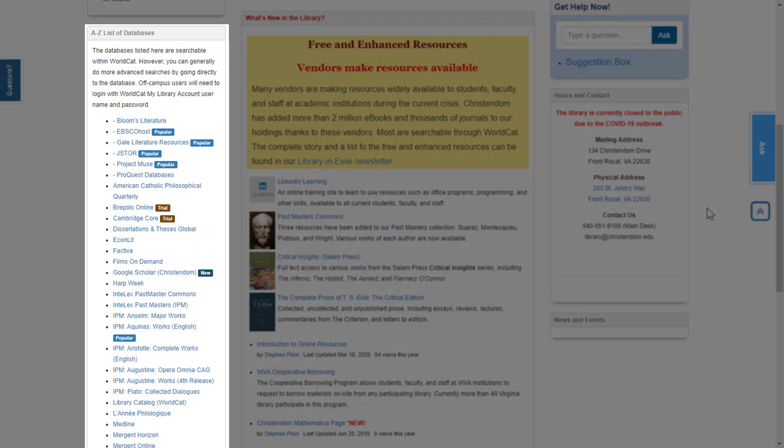Today we are going to look at 4 databases in particular, and then a little quick introduction to some of the other ones that are here. And these are all available to you from the main library page under the A to Z list of databases. They are all searched in WorldCat,